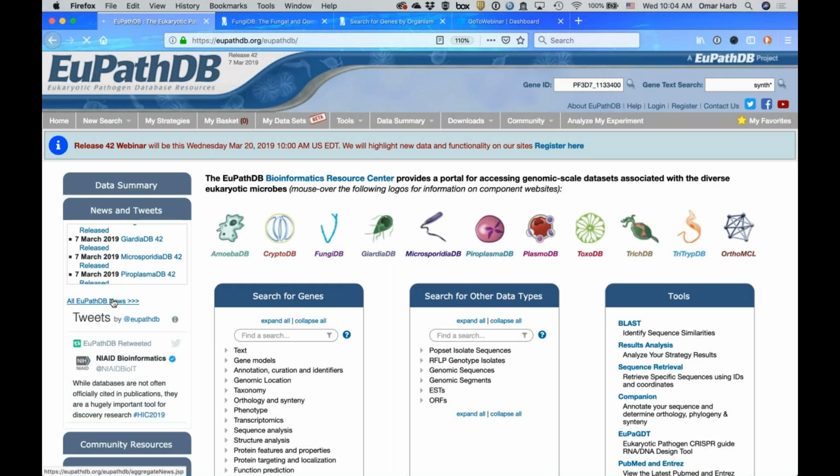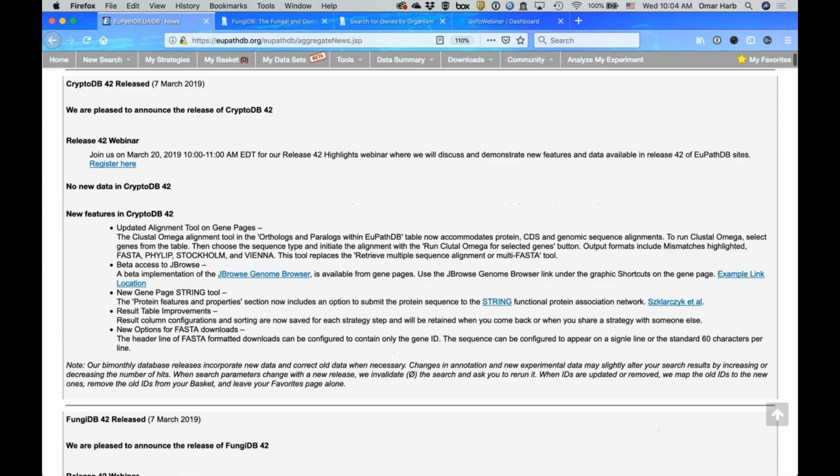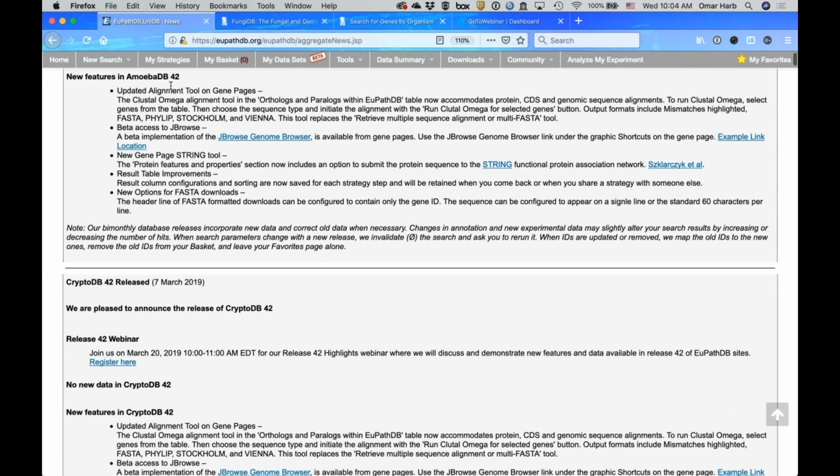So let me go to the news section in EuPathDB. I clicked on this all EuPathDB news, and this will open up a page that shows me all of the news, and you can scroll down if you want to the section that interests you. But importantly, what we will first cover is some of the new tools and functionality that are available in EuPathDB sites. So all of these tools typically, unless there's something very specific to a particular organism group, are typically available for all of the resources. So it doesn't matter what we demo this on, you should be able to do the same thing in your